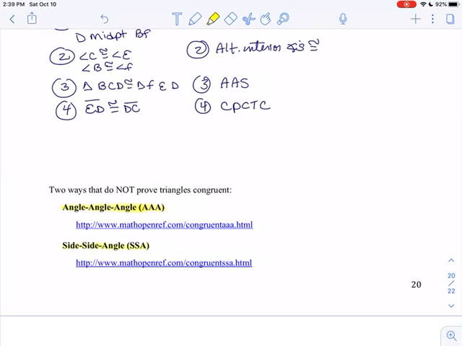There are two ways not to prove triangles are congruent. We've sort of mentioned these. Angle-angle is not a way, or angle-angle-angle, and side-side-angle or angle-angle-side, and I will show you that tomorrow why